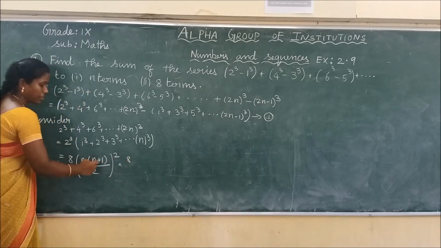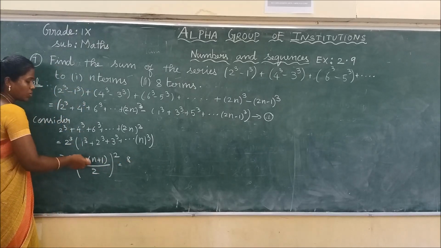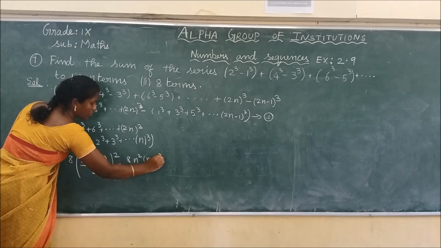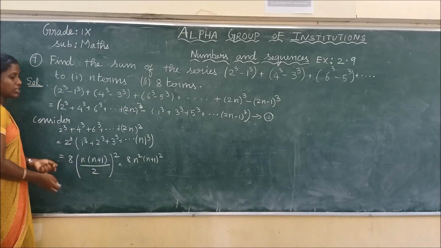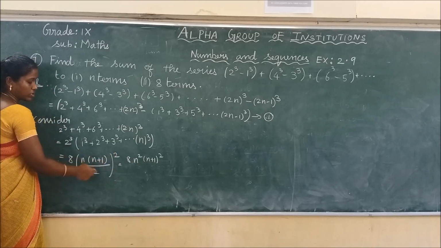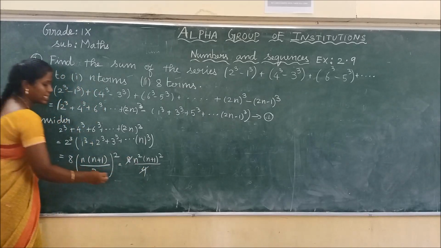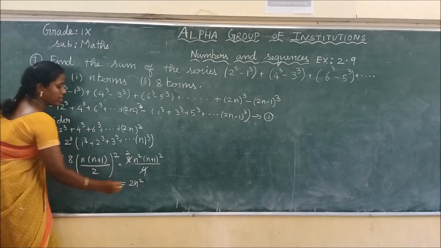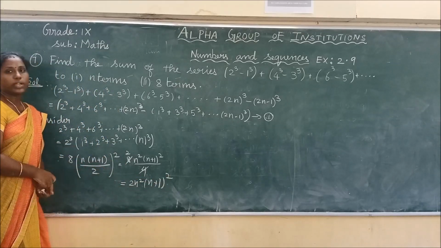So 8 into, if I multiply n inside, if you take the square inside and then multiply, it will be very easy. So 8 into, if I take the square inside, n square, again n plus 1 the whole square. The square is common for all the terms here, 1, 2, 3 terms are there. So 8 separately kept aside, n square, n plus 1 the whole square by 2 to the 4. If I simplify 4 and 8, we get 1, 4 is 4, 2 4s are 8. So 2 into n square into n plus 1 the whole square.